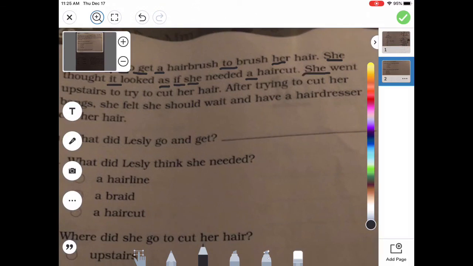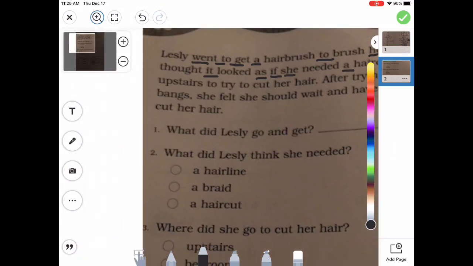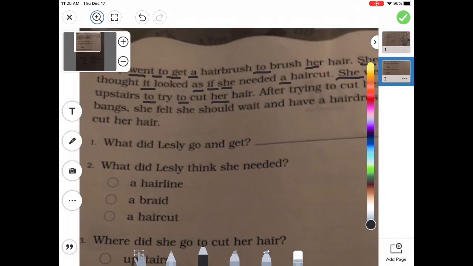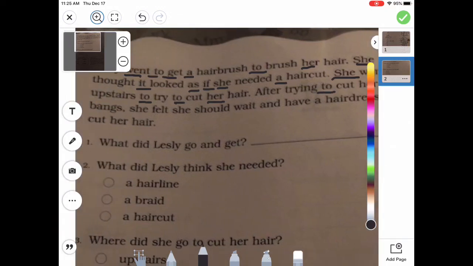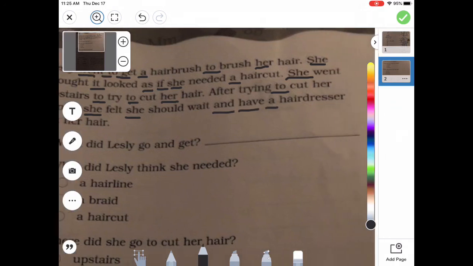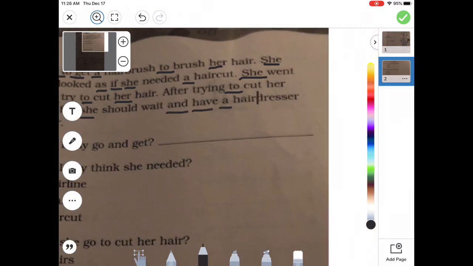Okay, she went upstairs to try to cut her hair. After trying to cut her bangs, she felt she should wait and have a, okay, we're going to break this apart,